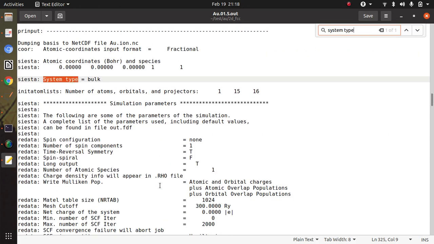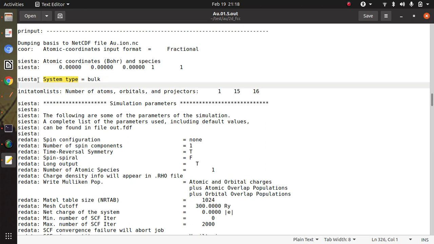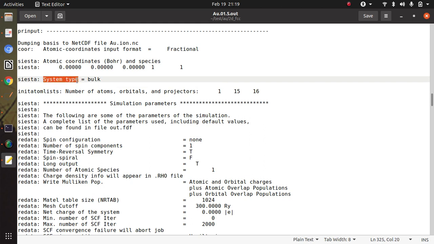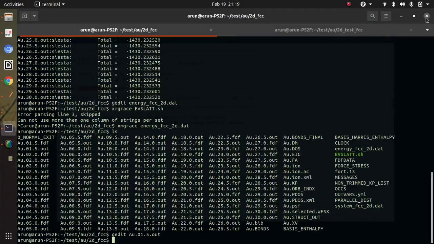In every out file, Siesta tells us what type of system you are running. So it is a bulk for 1.5. It was written as system type. So if I grep the system type from every file, then we can have an idea about it, right?